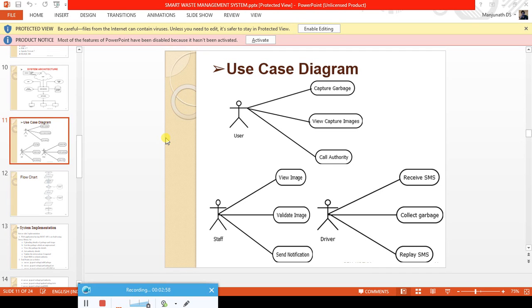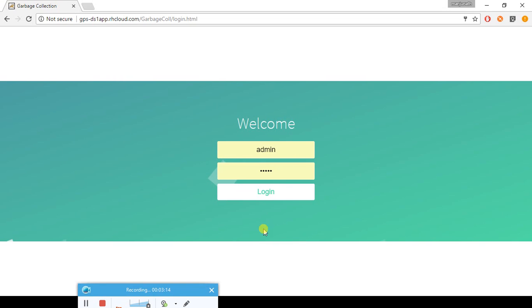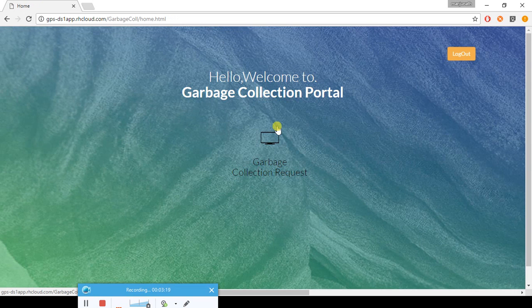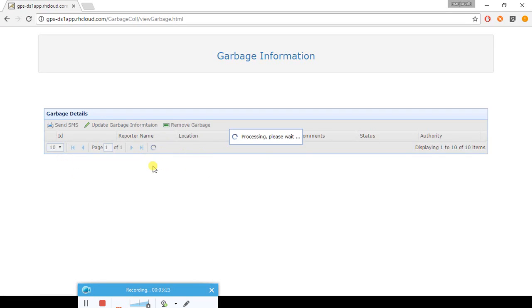User is nothing but a person who has the app, installs the app, takes a picture and sends it to the server. Staff is a person who will have access to the portal. We can call that a garbage collection portal, where the user will be able to log in, click on this menu and see the garbage details.